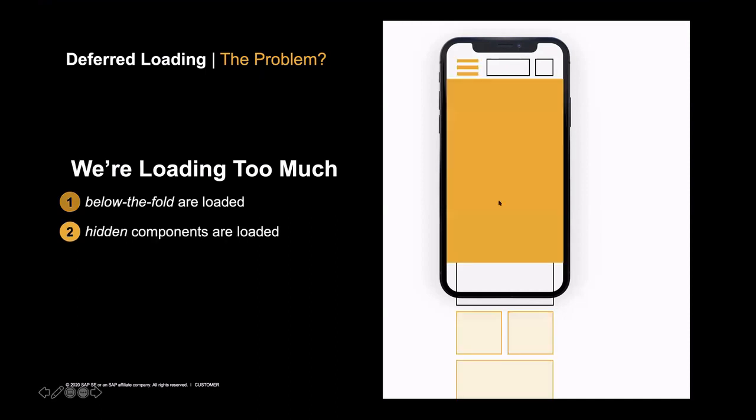So in this example, you see that I've clicked on the hamburger menu, and on mobile, it's a traditional pattern. If I click on the hamburger menu, there's a flyout menu, and there might be navigation items, my account items, context menus for changing the language and currency, what have you. And they are all sitting behind an interaction with the user. So there's actually no need to load them up front, but we actually did this all the time. And this is what you do see a lot on the web in storefronts today as well.